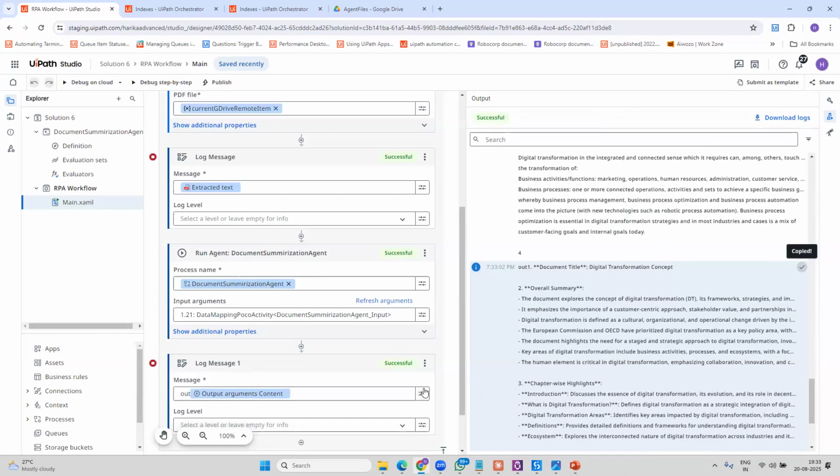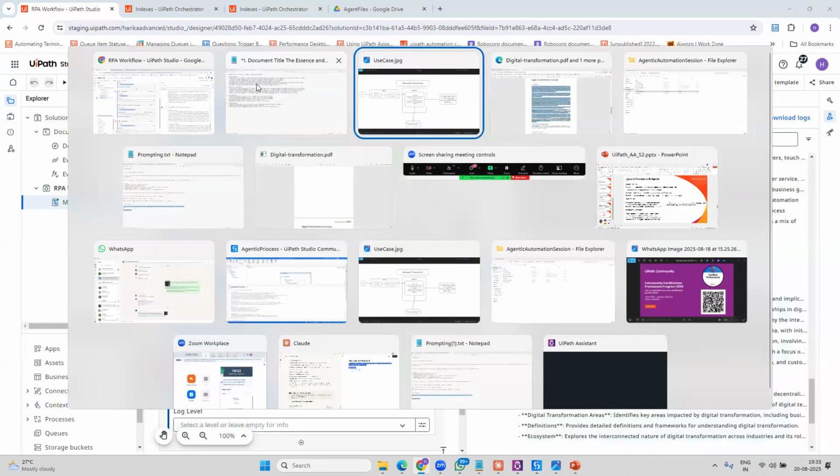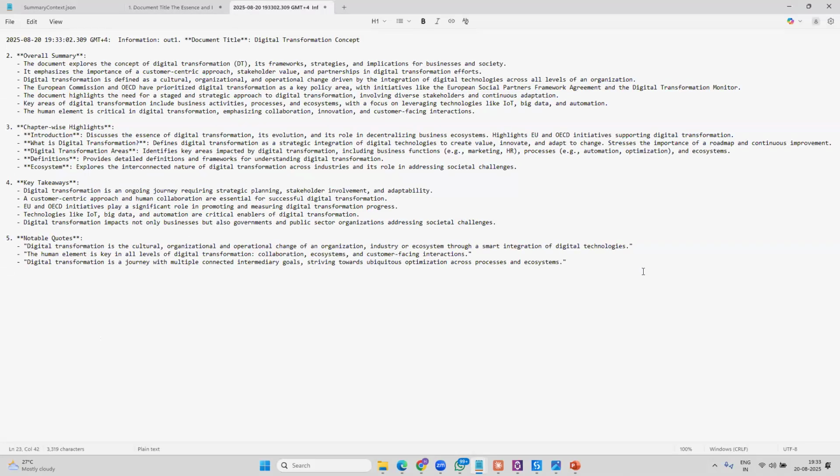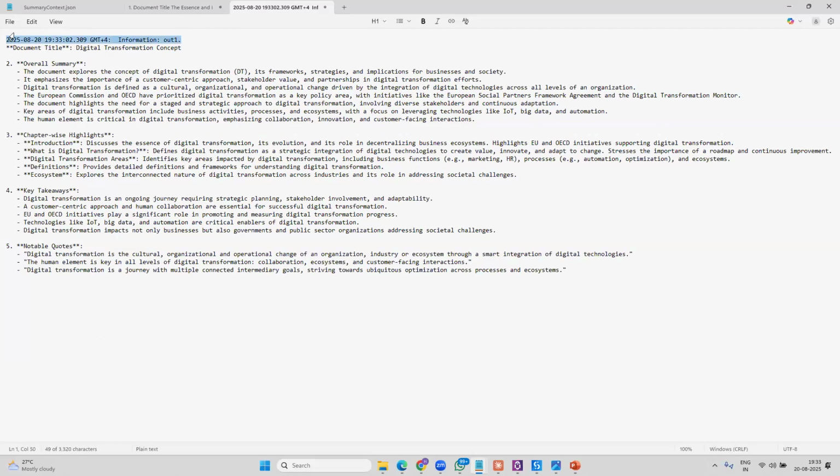So let me just copy this and put it in a separate notepad to showcase how it looks. Right, so this is the output that it has generated. This is from the console, so I'll just remove this. So it has provided it as per the structure that I needed, right? So now what else I do is, let me just